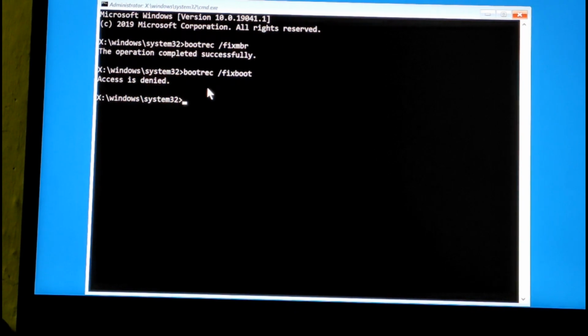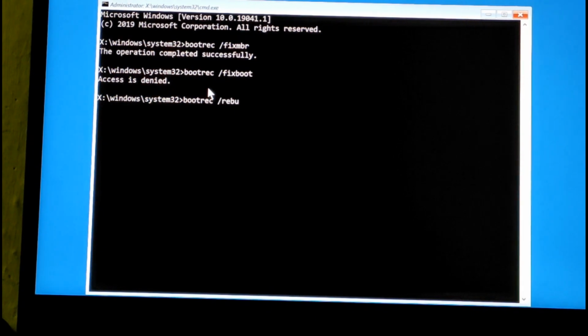The last command is bootrec space /rebuildbcd. You have to check the command properly because it can be wrong, and then it will not work.